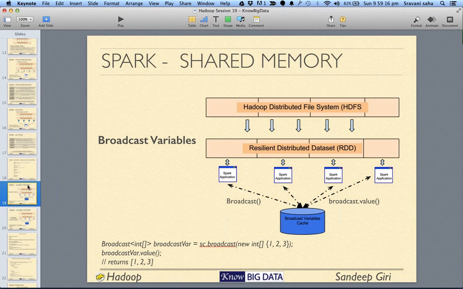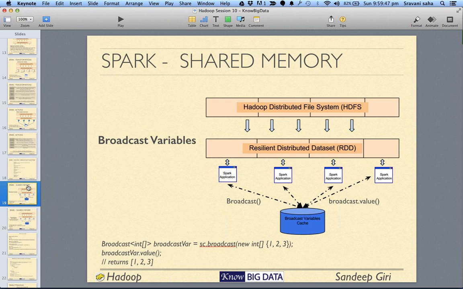Spark provides this as part of the core itself in terms of broadcast variables. In your code, while you start your process, you define something called broadcast variables, and these are available on each node. The moment you broadcast a new value, the same variable will get updated all across the cluster.